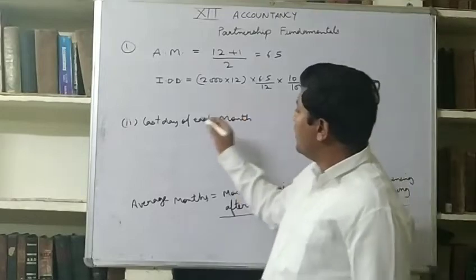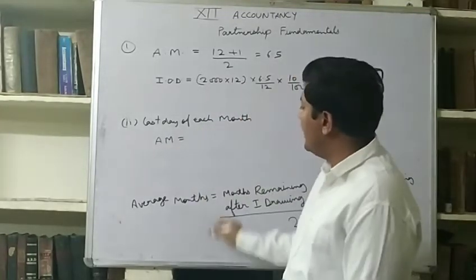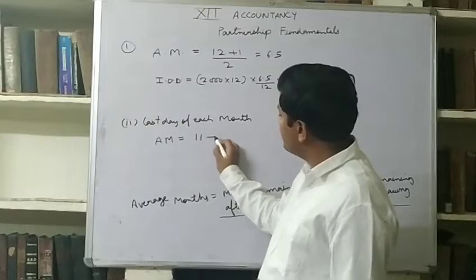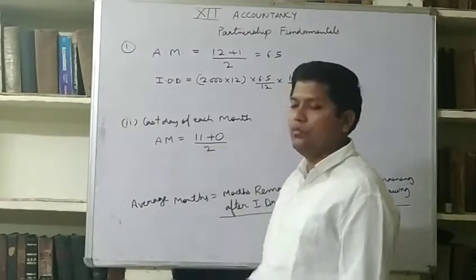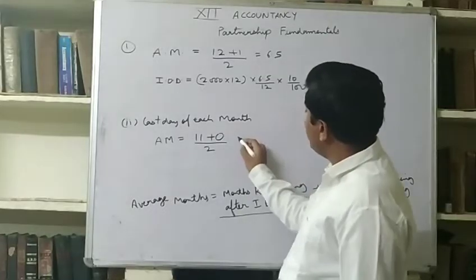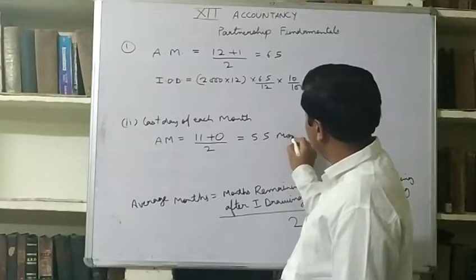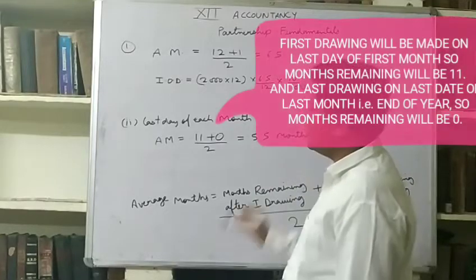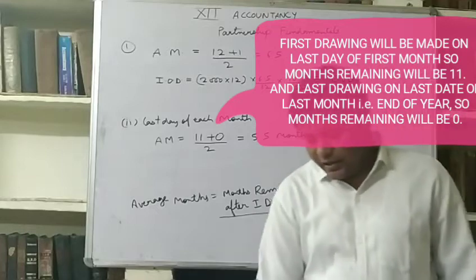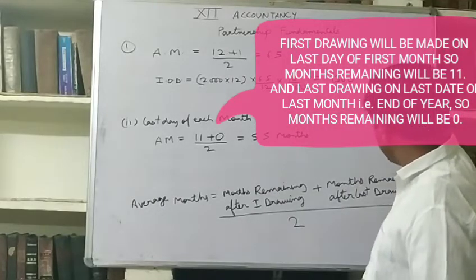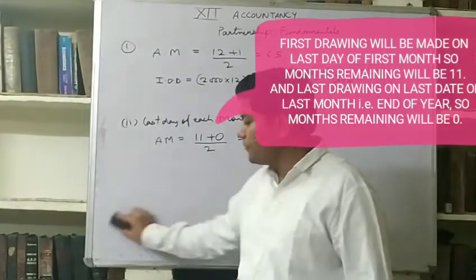Then average months will be 11 plus 0 upon 2, 5.5 months. And if we follow the same example, if he withdrew 2000 at the end of every month and the